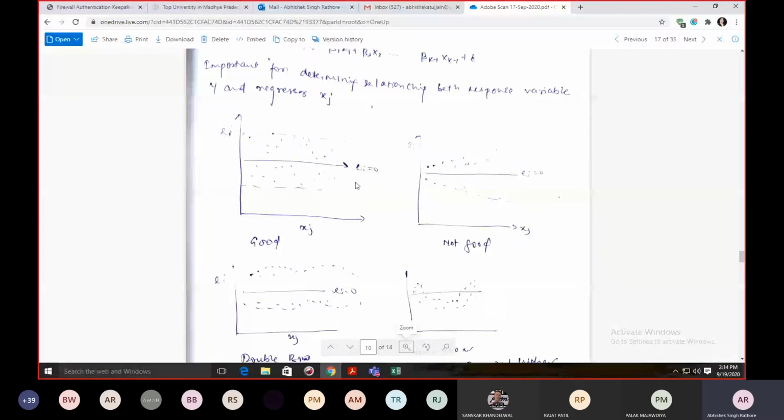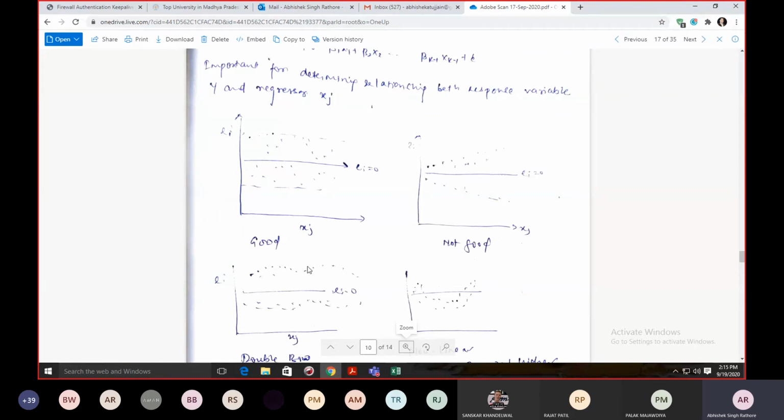When we get such a constant band, we can assume that this is a very good assumption and we have a very good, or satisfactory, model. But when we get this open funnel, it means that it is not a very good model for us, not satisfactory. Our assumption that the errors are normally distributed, or that a linear relationship exists in the data, is rejected, so this rejects the basic assumptions.